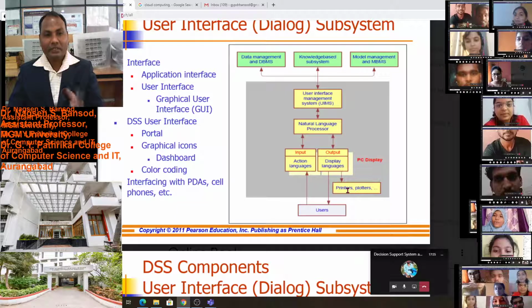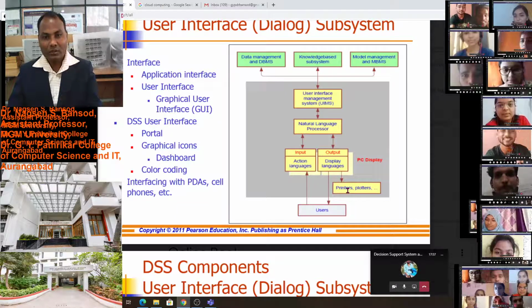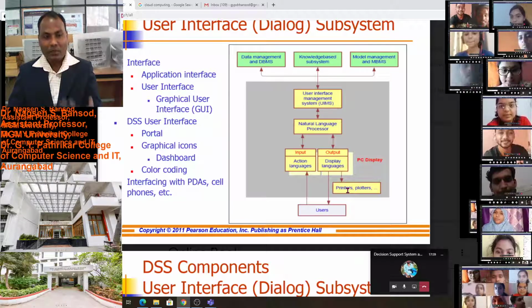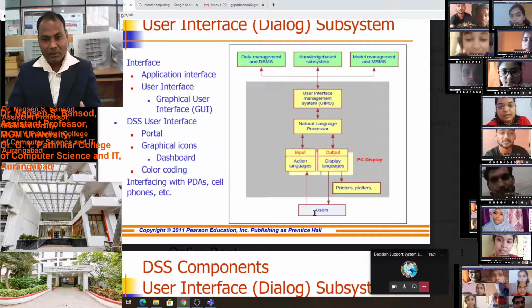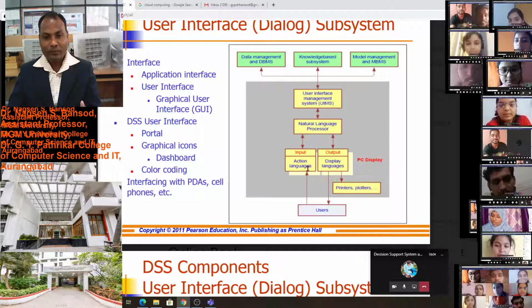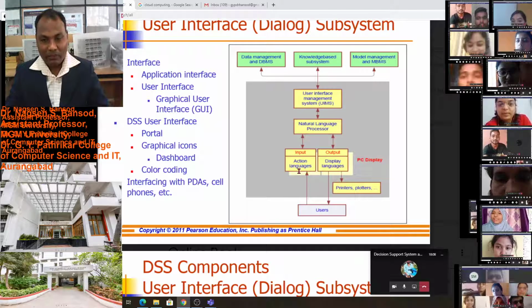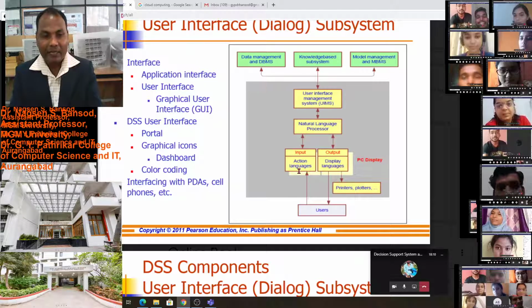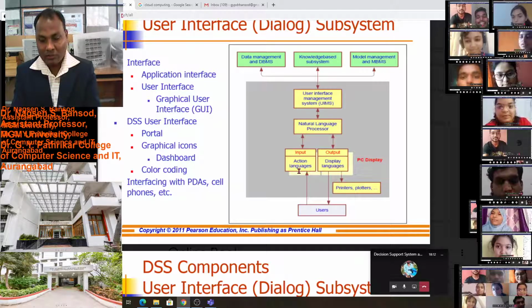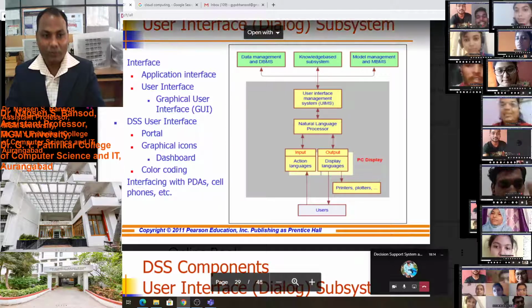Or we can display the output through the computer or mobile phone or PDA. The user inputs the language. You see, we have given some commands to this software, and the layout of this software you are looking at is the output.